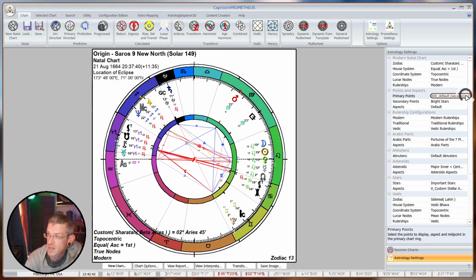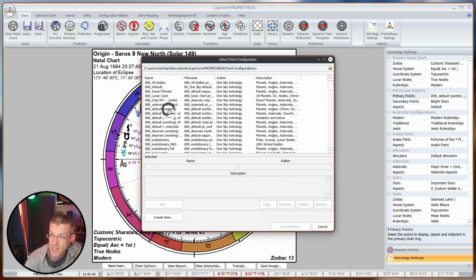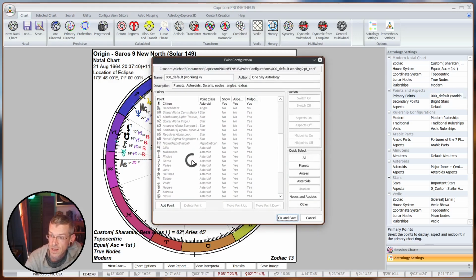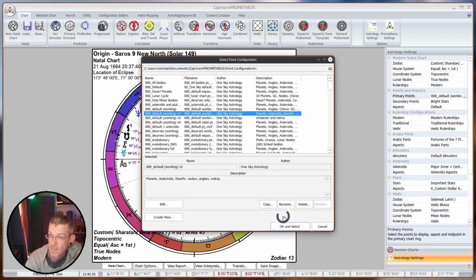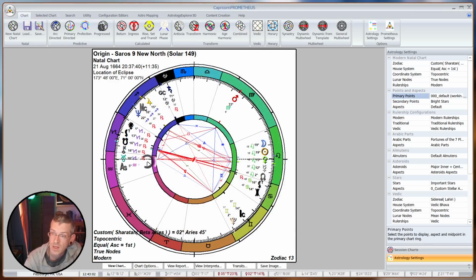Well, I can just add that asteroid in. Let's say hypothetically it's Juno, and, you know, here we go. I can switch off Quaoar, switch on Juno. Now, for all that work that I'm doing where Juno's important, I have my working V2. Okay, that may have been helpful. It may not have been. It may have been extraneous, but it's a little bit of a demonstration of how to work with the way